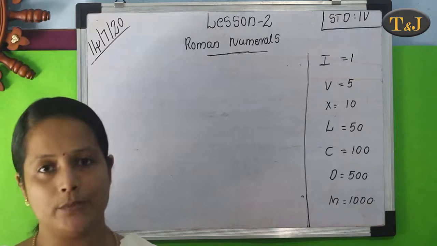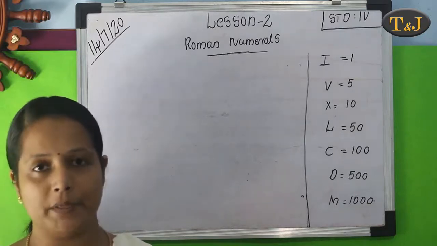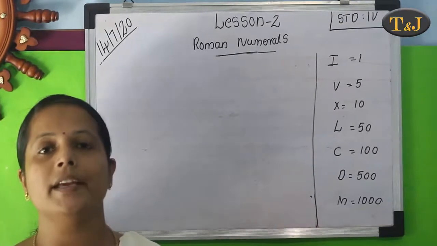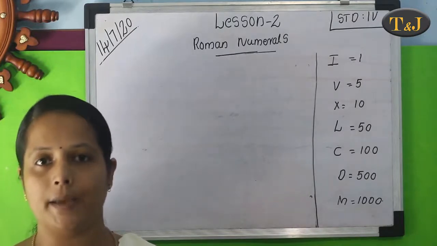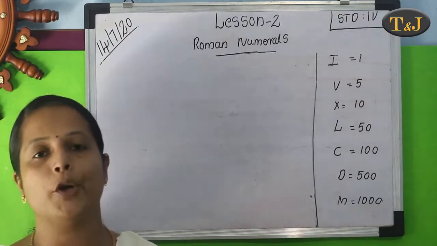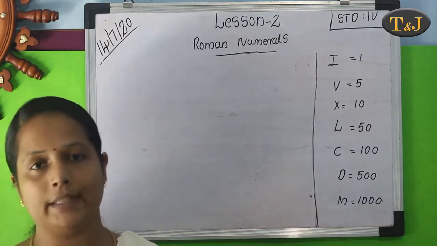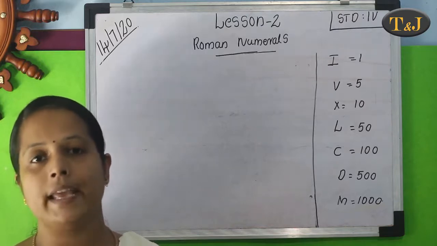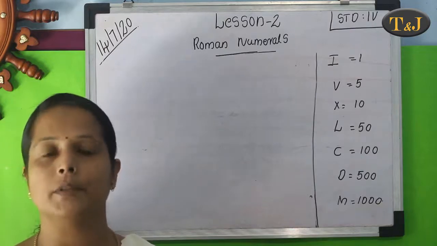So there are 3 rules for how to write Roman numerals. In the first rule, rule number 1, the English letters I and X can be repeated up to 3 times. That is, I is repeated only 3 times, X is repeated only 3 times, and V cannot be repeated. That is I equals 1, II equals 2 and III equals 3. Then X equals 10, XX equals 20, XXX equals 30. That is rule number 1.